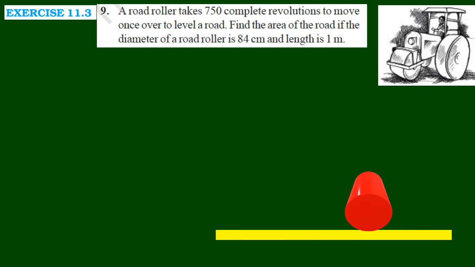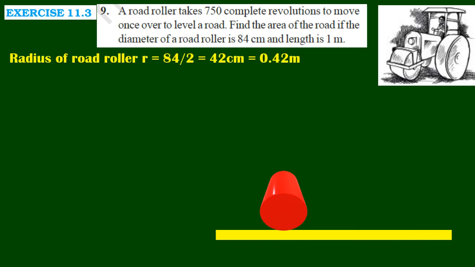That much distance it covered. Now one more roll. See, one more lateral surface area. The cylinder's curved surface area is completed. Is it clear? Understood? So the radius of the road roller is given, the diameter is 84, so the radius is 42